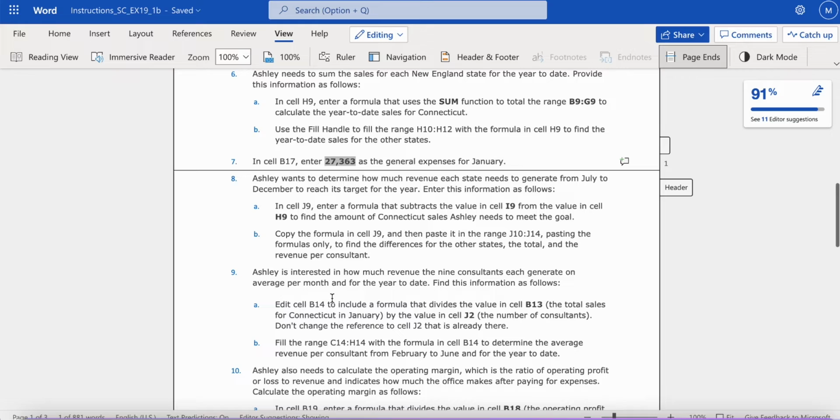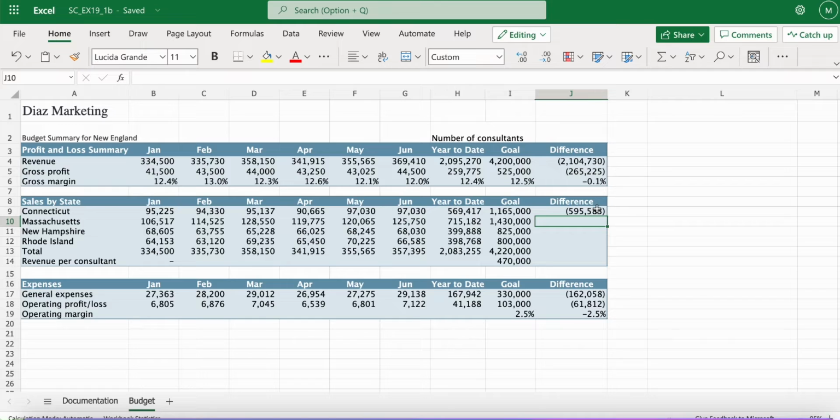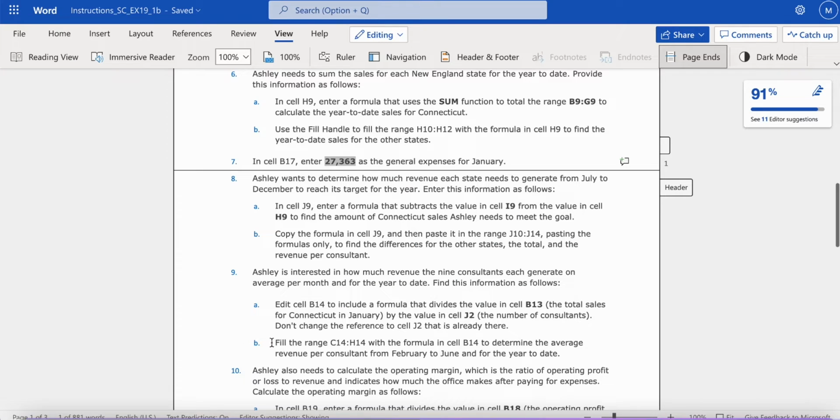Then it says number B, copy the formula in the cell J9 and paste it in the range of J10 to J14, pasting the formulas only to find the difference for the other states, the total, and the revenue per consultant. So we do this. Now you use the dot again, the little dot. We drag it all the way down to J14. Okay. Next step, it says,